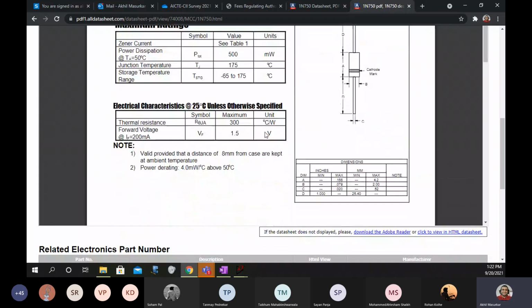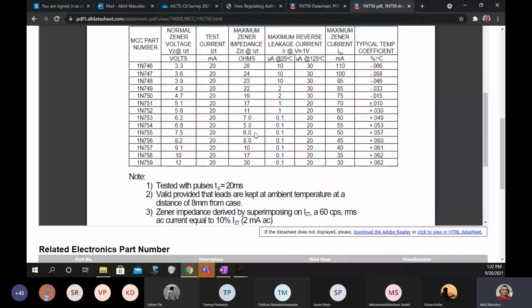Okay, it gives you everything, the size, shape and everything. If you see this datasheet here, I'm just putting the direct link to this datasheet in the chat box, so everybody can use it. Now you can see the minimum current is 20 milliamperes.